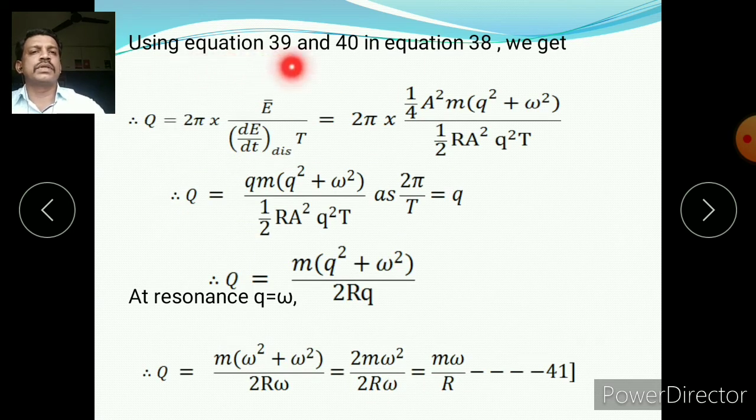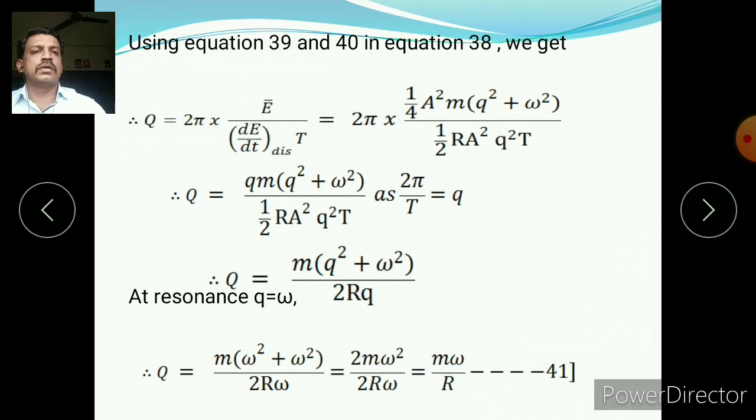Using equation 39 and 14, equation 38, we get Q equal to 2 pi E upon dE by dt into T, that is 2 pi. The value of E is nothing but 1 by 4 A squared m (q squared plus omega squared), and dE by dt is nothing but half r A squared q squared T. Therefore quality factor Q equal to, if we simplify this equation,